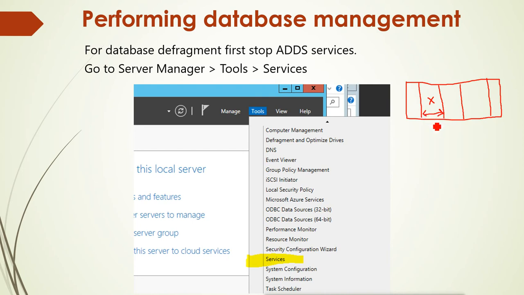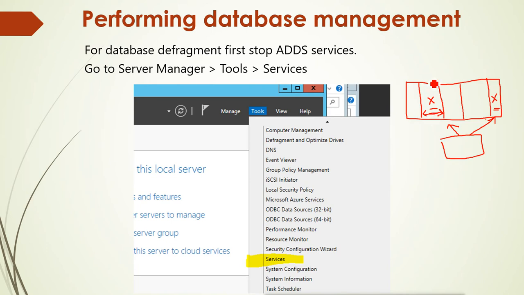It is not going to be filled until we have data of exactly this size. Suppose we remove some data from here also, and now I want to store some new data. It is not going to fit into this area or this area. So the data will be divided into parts and kept in these different areas. Some of the data will go to this part, some to another part, and some to other parts. So a single piece of data is divided into chunks and stored in different areas.